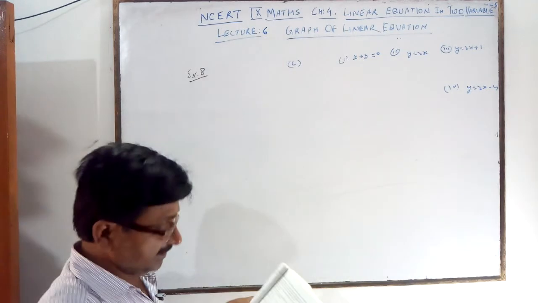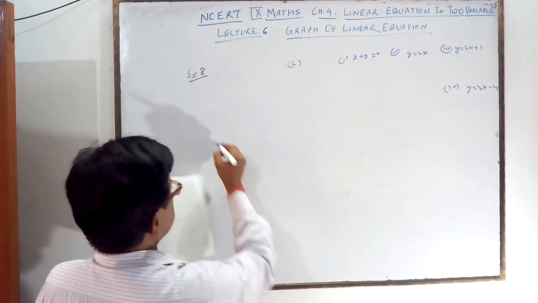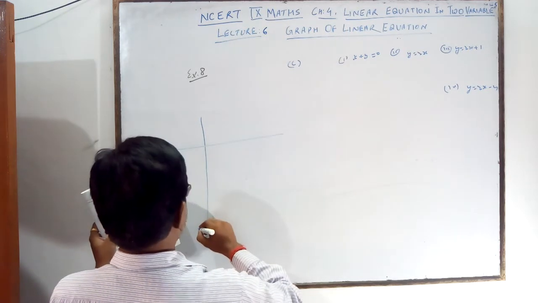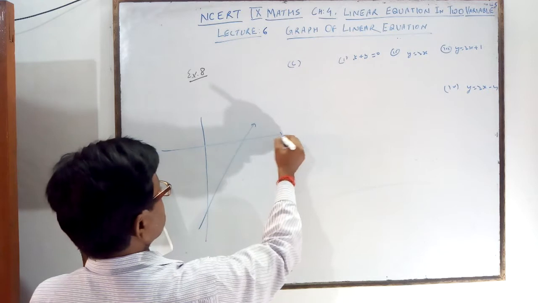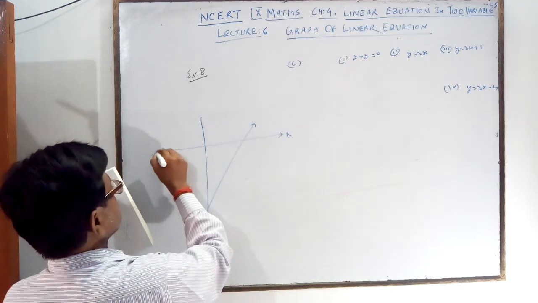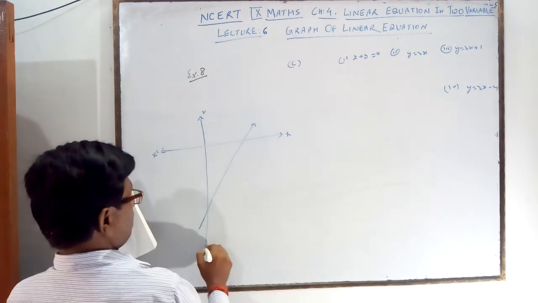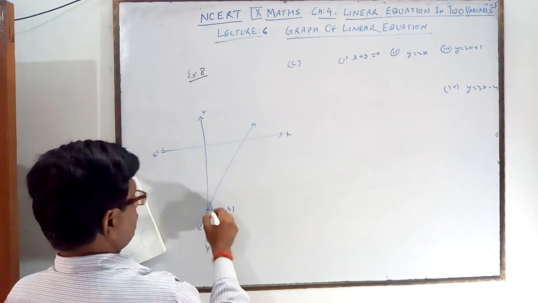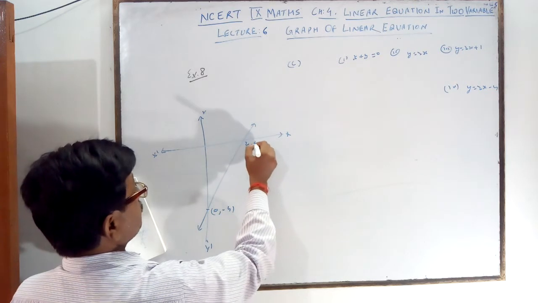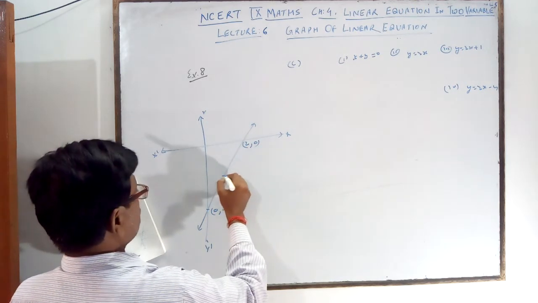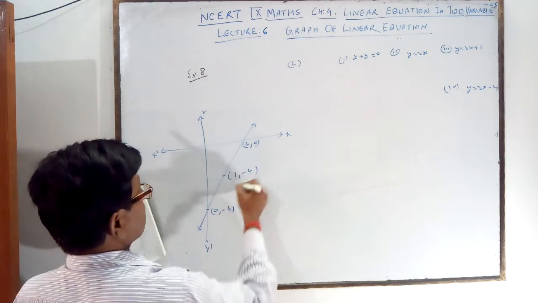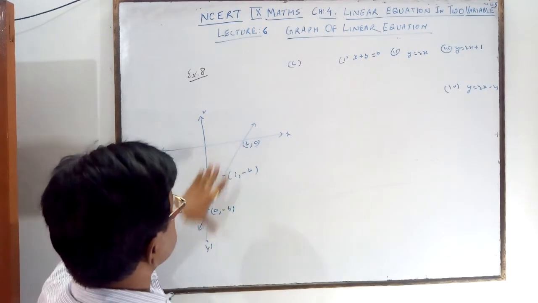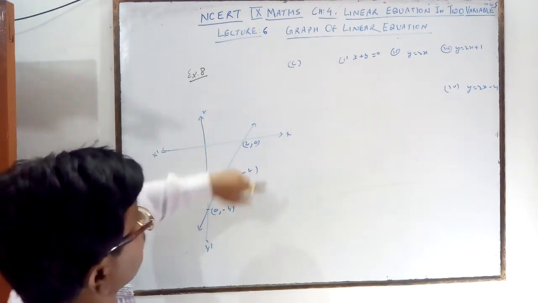What is the figure given? The last figure is this. It is the figure given. With x, x dash, y, y dash, the figure is given here: 0 comma minus 4, here given 2 comma 0, and one more point is given, 1 comma minus 2. You want to check whether it is a solution or not. Again you apply the same thing, all the 3 points must satisfy.